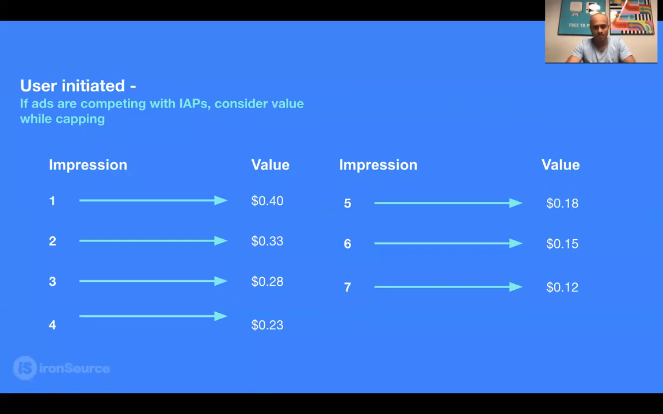And this is why. In general, today in mobile gaming, the very most of the user acquisition campaigns are performance campaigns. Performance campaigns means that